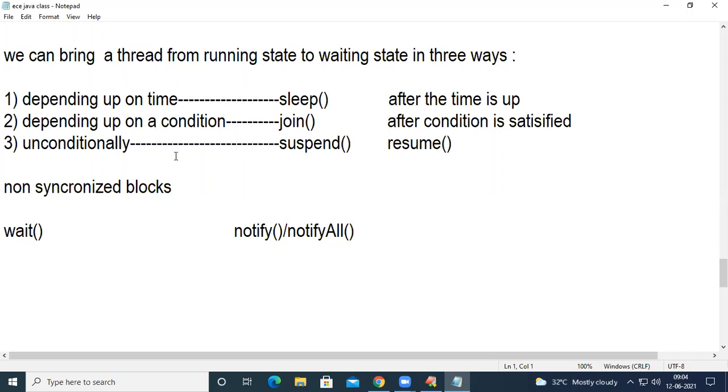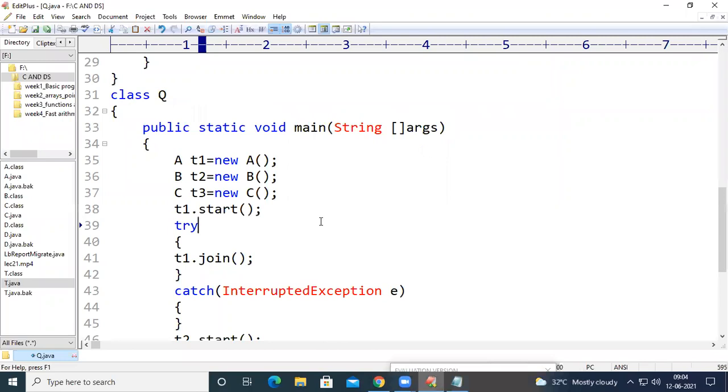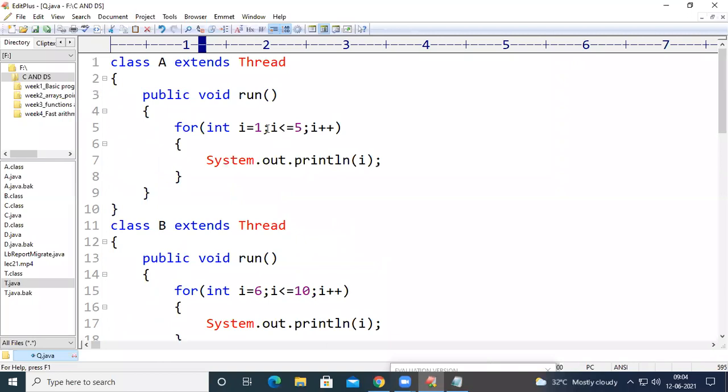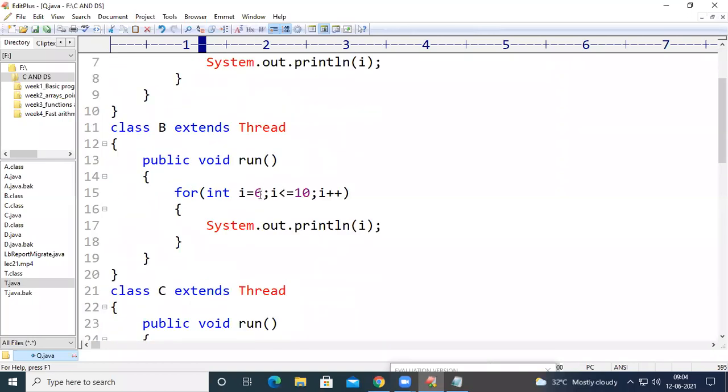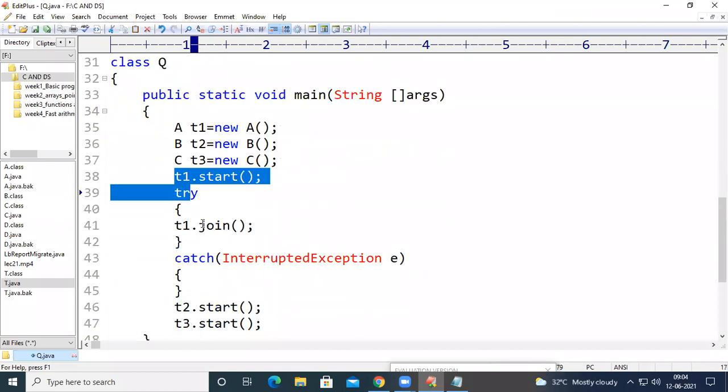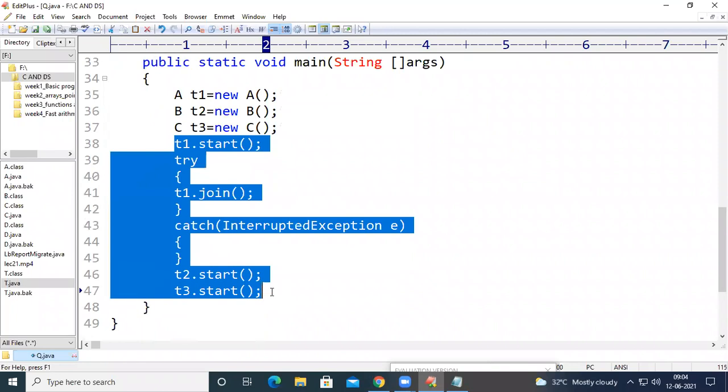Okay, so let us see in the same code. Let us assume there are three threads: one is going to print 1 to 5, the next one is going to print 6 to 10, and the third one is going to print 11 to 15. I am removing this code, I will write it again.